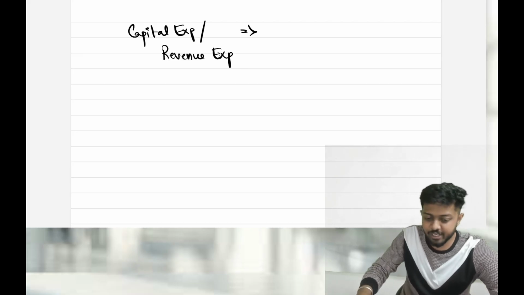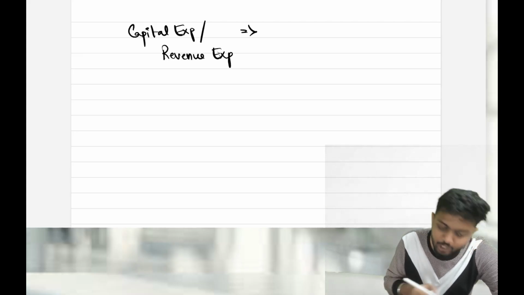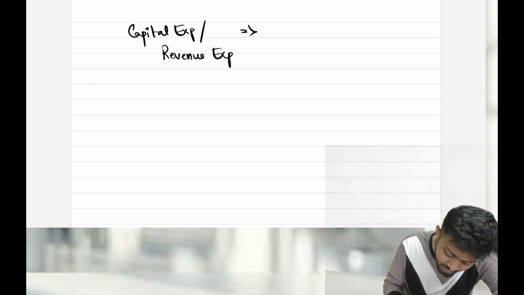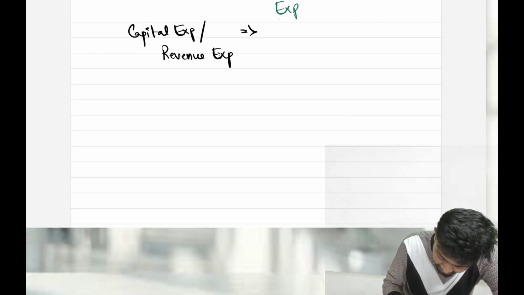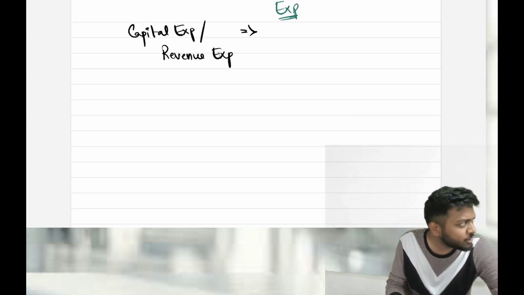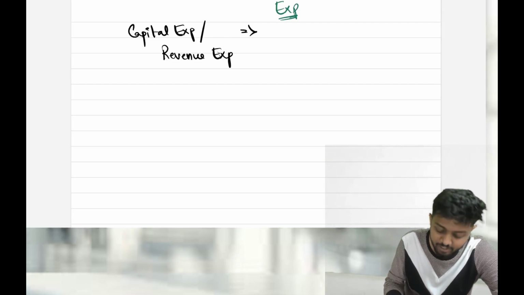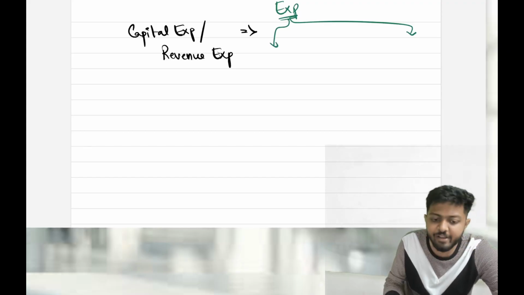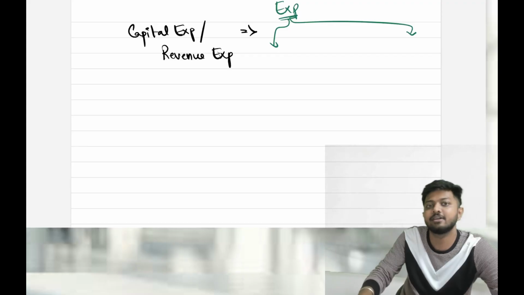So they are revenue expenditure. Now, some conditions that we use to classify it as capital expenditure or revenue expenditure: one thing is, suppose you spend some money, the moment you spend it, it will be considered as expenditure. From this expenditure, of course, you should get some kind of economic benefits, or else why are you spending it? Or else that money would have become a loss. Correct? If you spend some money and you are not getting any economic benefits, that is a loss.